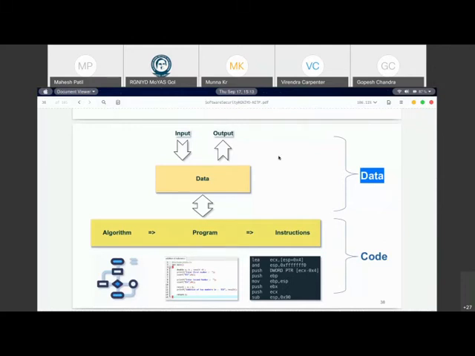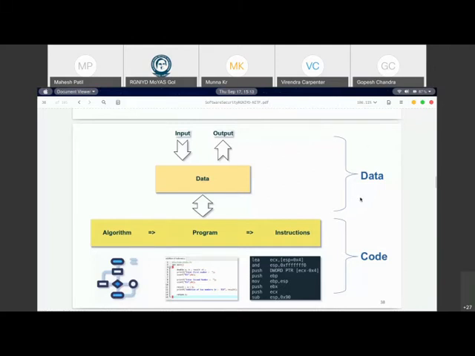Just to give you an example, I receive an HTTP request that is coming through an external packet, so it comes into the data memory. My code in the HTTP server does some logic on it, and then responds back as an output. So this is a very common flow, and there is a very clean demarcation between what is code versus what is data.